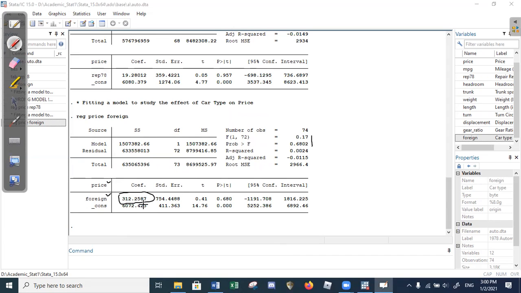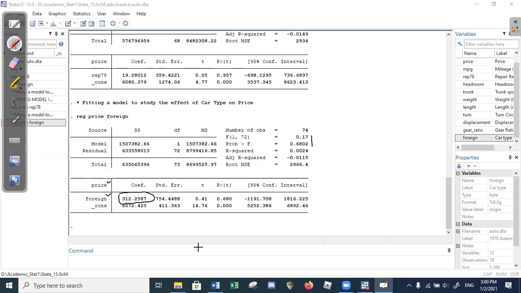But the problem comes when we want to interpret the meaning of this number. In the usual interpretation, using the rate of change idea, we would say that for a unit increase in foreign, the price of a car increases on the average by